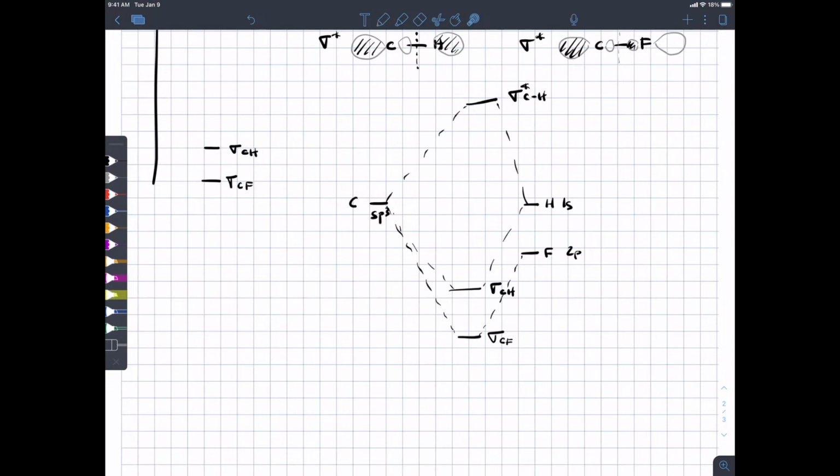Whereas when two orbitals are different in energy, the amount you go down relative to the starting orbital is smaller. Now, you started out lower to begin with, so the orbital that you make is still lower in energy than the carbon-hydrogen bond. But what this means is the sigma star antibonding orbital for the carbon-fluorine bond isn't going to be as high above carbon